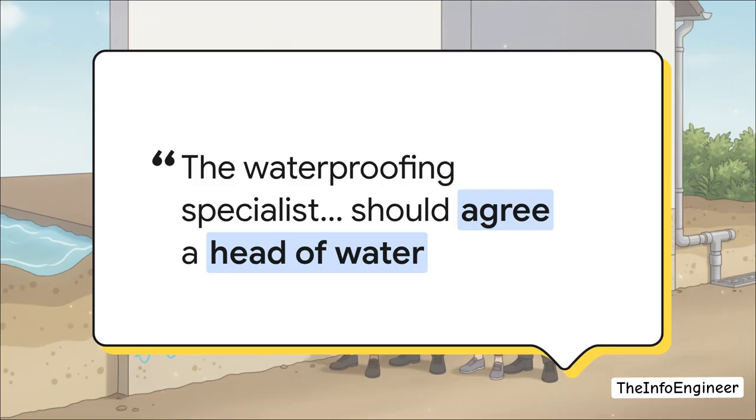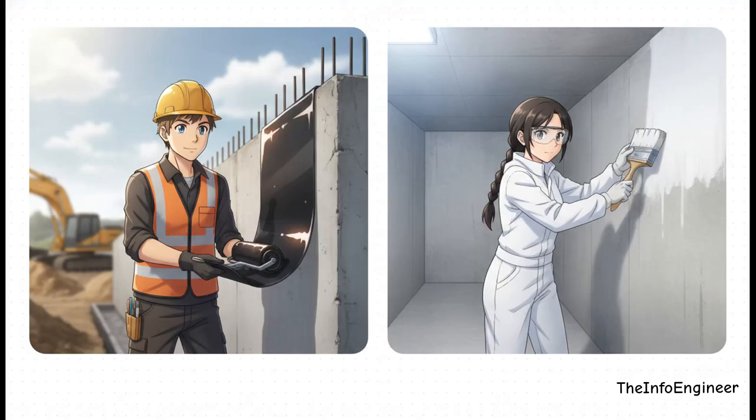They must actually assess the water table and agree on a specific head of water pressure, basically calculating exactly how much hydrostatic pressure the below-ground structure is expected to endure. It's all about managing expectations and making sure the engineering matches the environmental reality. Based on that risk assessment, we have to choose very specific materials, and we generally have 2 main players here: